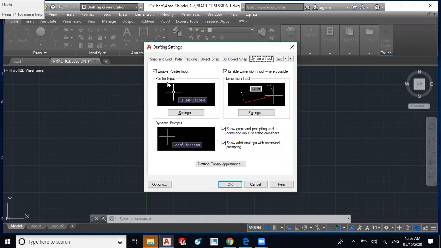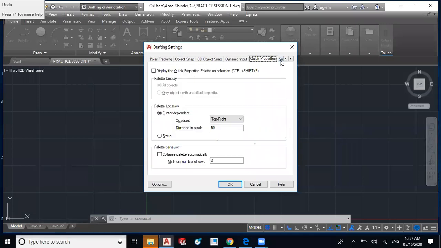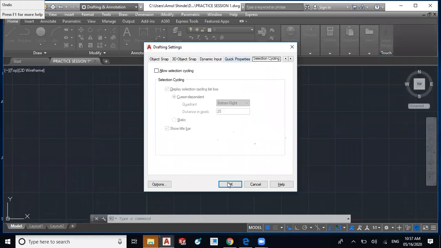It is because of this dynamic input mode. So you have to enable pointer input and check enable dimension input. Then you will get tabs for the dimensions and instructions like specify first point, specify lower left corner and all. So you have to check both the checkboxes. Others are not required. To apply the changes, click on OK.